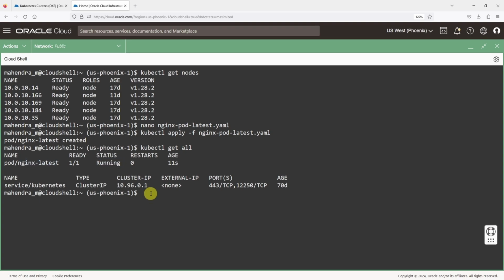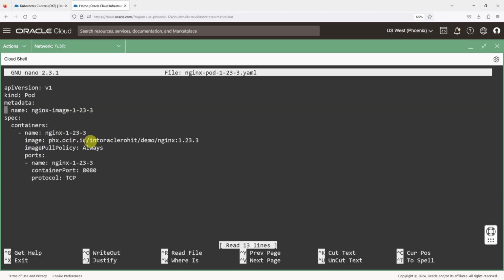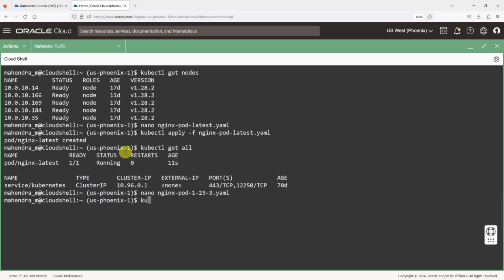Similarly, I have another manifest where I am pulling the image with the version 1.23.3. I'll open up the pod manifest first. And if you notice here, the image path has been set to the location of our OCIR repo and it's pulling the image version 1.23.3. Remember, this is a signed image, but since we have not yet enabled the image verification policy, this manifest should work. Now if I run the kubectl apply command,